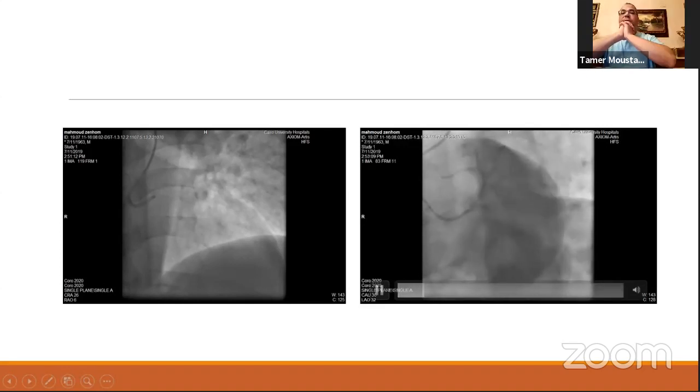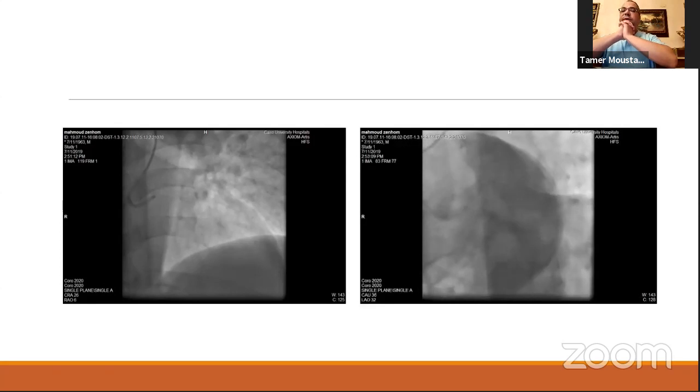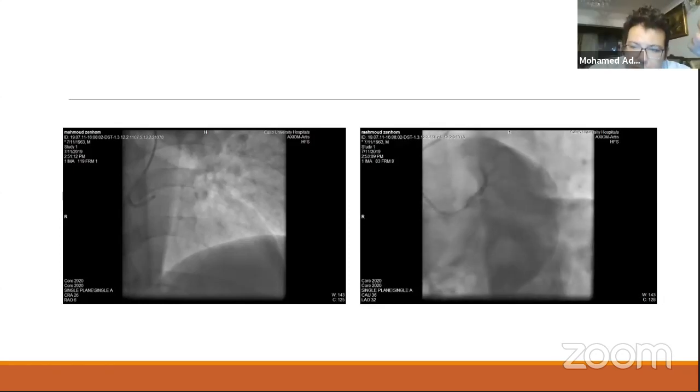So Mohamed, you will proceed by putting two wires, one in the left circumflex to OM, I think, and the second in the LAD. Then you will proceed by balloon dilatation and re-evaluate to take your final decision. Yes, that's actually what I did.